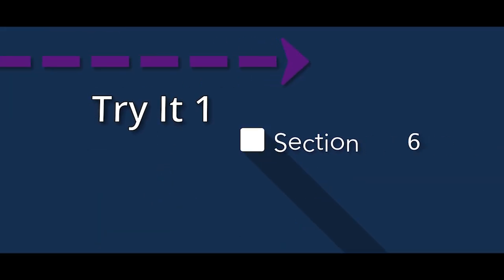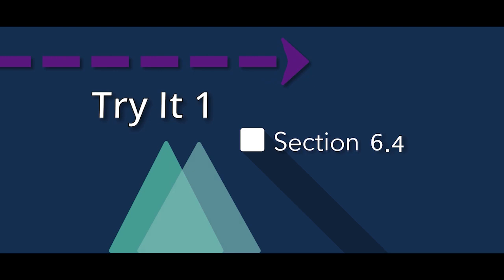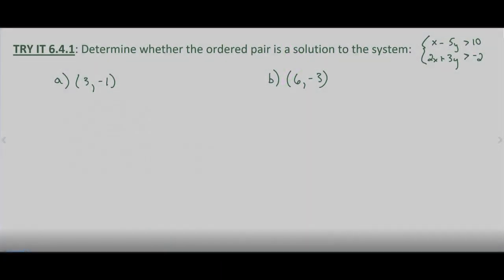So now we've moved on from systems of equations to systems of inequalities. When we're asked to determine if an ordered pair is a solution to a system of inequalities, the process is essentially the same as it was with checking an ordered pair, or an ordered triple if we have three unknowns, three variables. As it was with equations, the difference is that now instead of the statement being an equality, it's